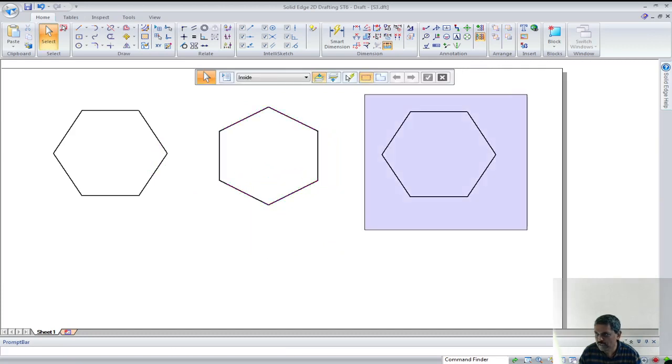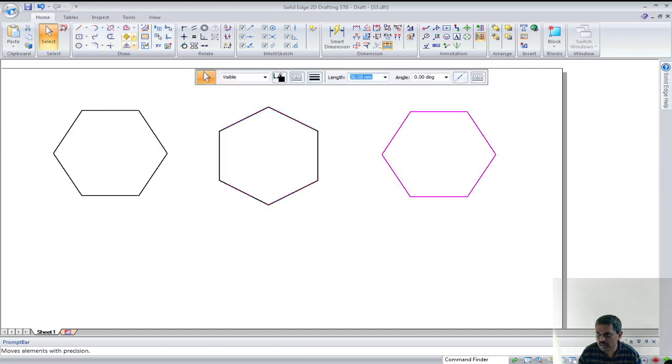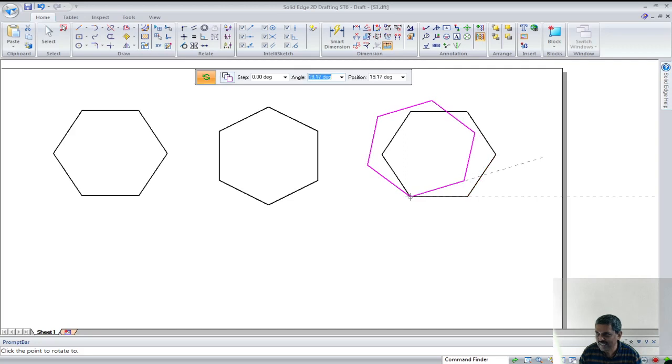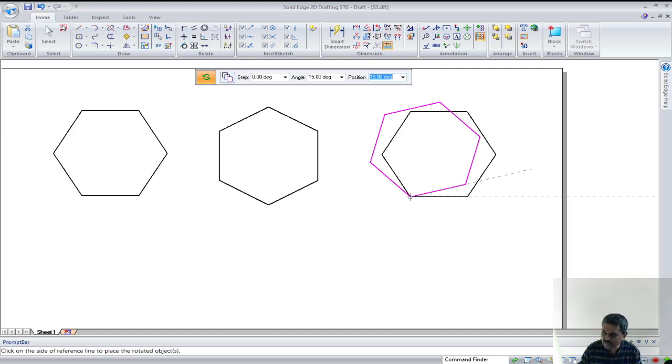Now similarly select the other one and invoke the rotate command, and you pick up this, and now this is the angle. So what is the angle? You can say 15 degree. Okay, position you need not worry about that. So that you have to click with these dotted line indicate that this is exactly fixed at that particular angle, 15 degree. You can click it using the left mouse button.